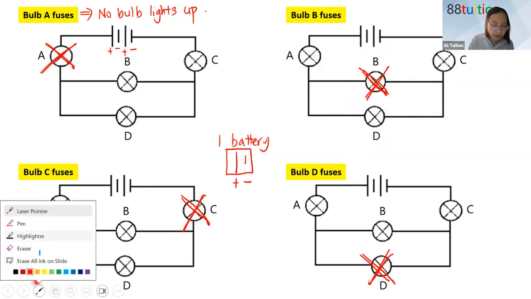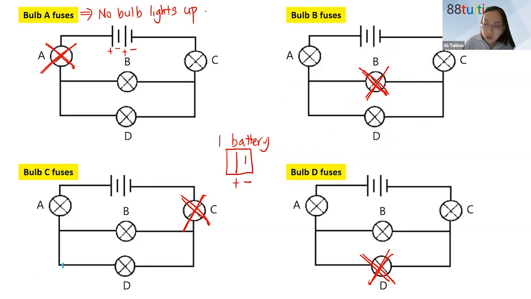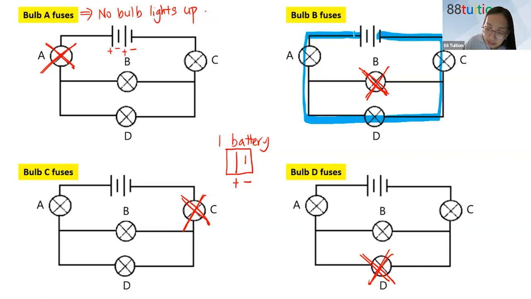So watch my highlighter. I'll use blue. So current can pass through this way. If I go this way, I don't have a closed circuit, right? The current cannot flow through B. So there is no closed circuit, so I cannot go this way. All right, so I will erase. How about going the other way around? Do I have a closed circuit? All right, everybody take a look. Do I have a closed circuit?